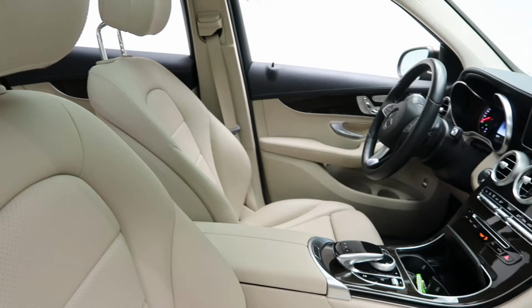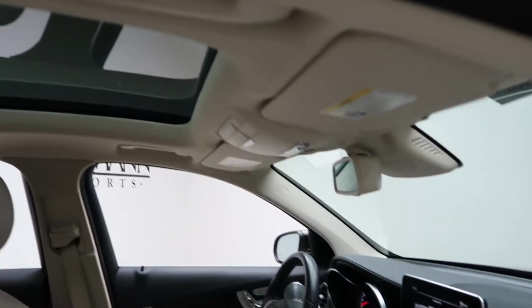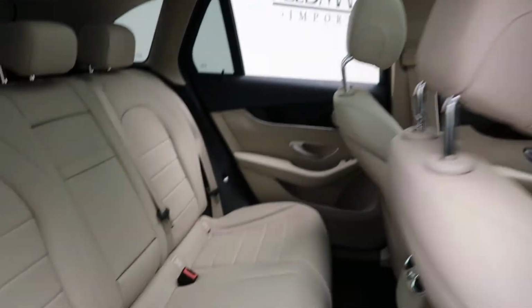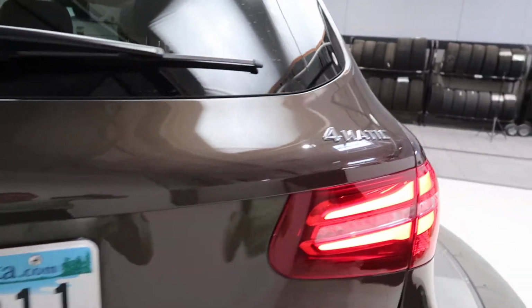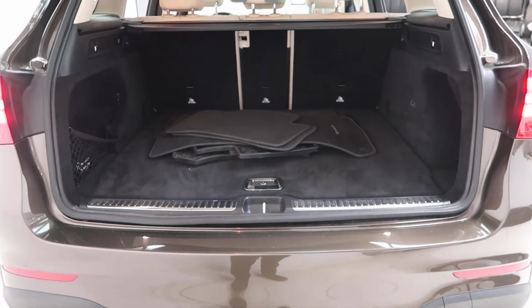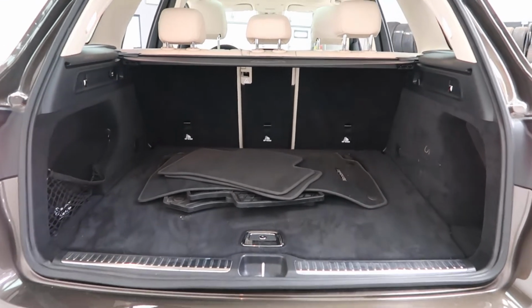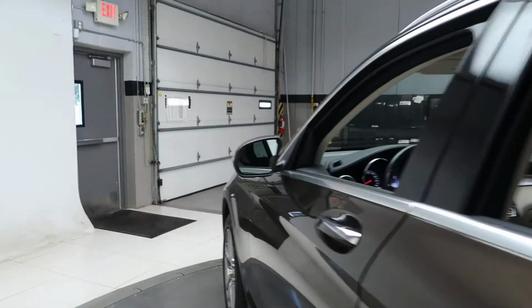Silk beige MB Tex interior, panorama sunroof, GLC 300 4MATIC badging, power liftgate, clean set of all-season and regular floor mats, fold down rear seats, cargo cover, premium 1 package with blind spot assist,